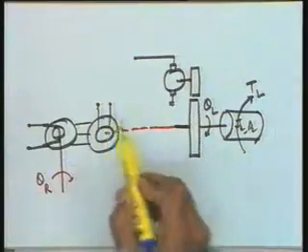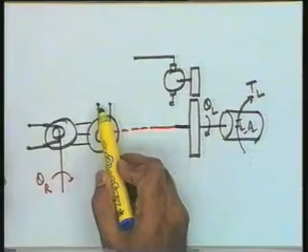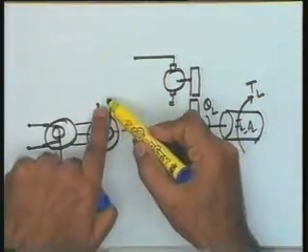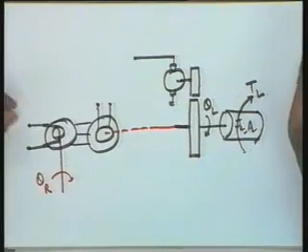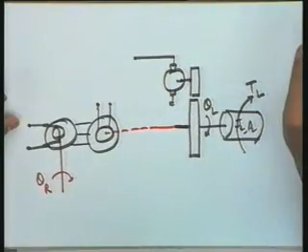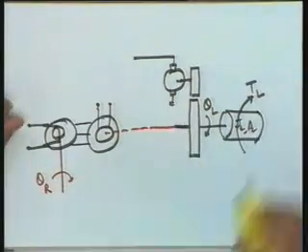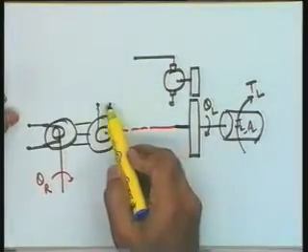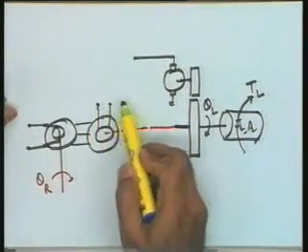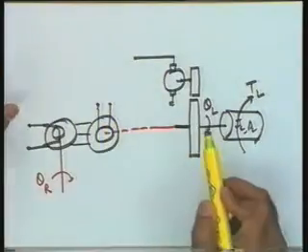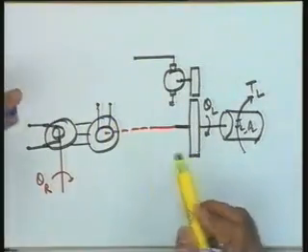So let me make it a little more complicated. I want to make a more complex question. What I want to do is, this particular signal should go to a controller, and the controller is a PD controller, proportional derivative. That is, I want to generate a signal which is proportional to this signal, plus a component proportional to the derivative of this signal. A PD controller is to come in between. So what do you suggest in this case?